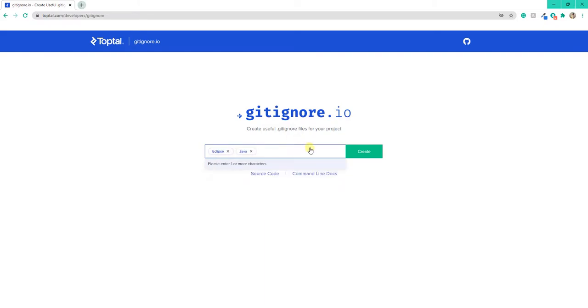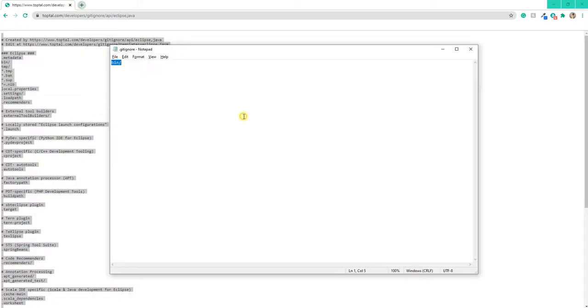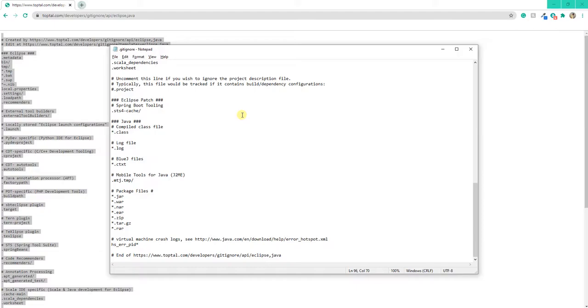Now we'll click on create, and gitignore.io will create a customized .gitignore file which will contain all the files and folders which are generated by either Eclipse or Java and are unnecessary for a repository. Now we'll just copy this text and paste it in our .gitignore file, and there we have it. Our tailored .gitignore file is ready to use.